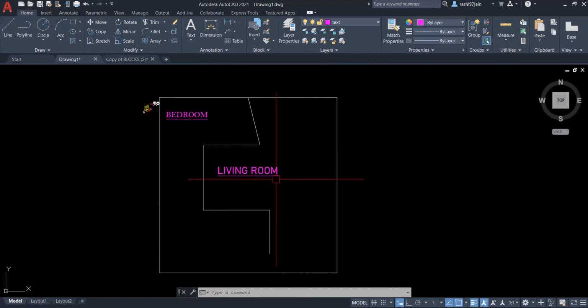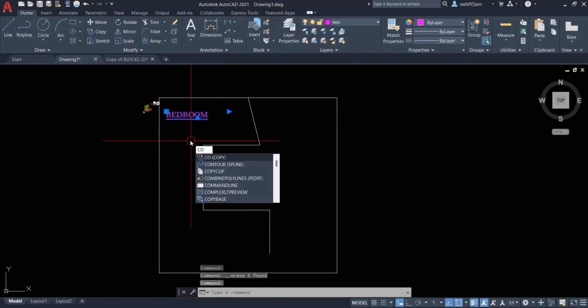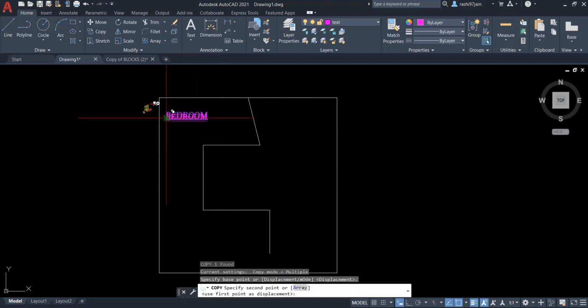Now every time you have to follow the same process. No, add the text at once only. सिर्फ एक बार ऐड करना है. Then बाकी you can copy paste. Okay. CO. Enter. Take this and place it wherever you want. Suppose I'll take bedroom. Here, wherever you want, simply